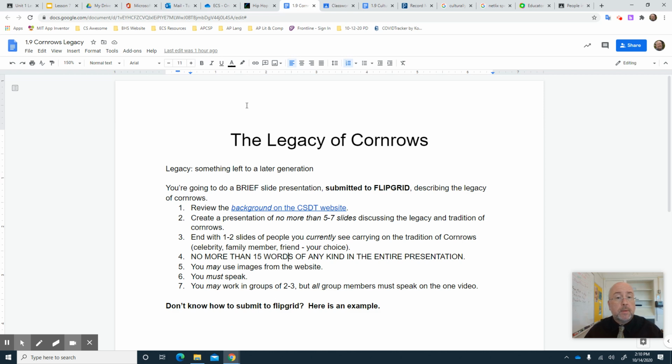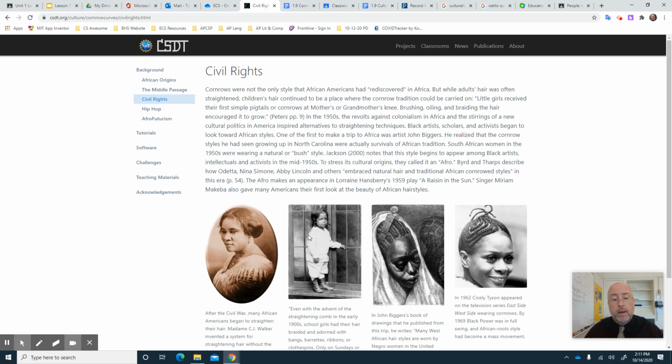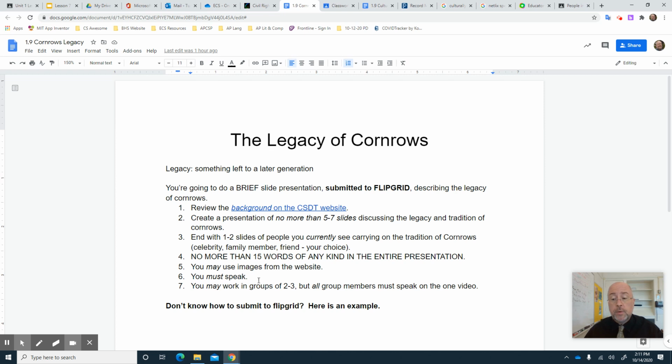And then you may use images from the website. Yes, you can use these images that are in here, and you can copy them, right-click, copy image, and paste. But you also can find other famous celebrities who you know, and you can include them in what's going on. And that's kind of neat too. You do have to speak. I do expect you to talk. You may work in groups of 2 or 3, and just make sure that I know who's working on this presentation. But if you've got a group of 2 or even a group of 3, all of you must speak